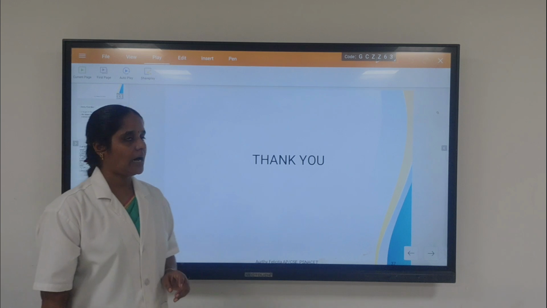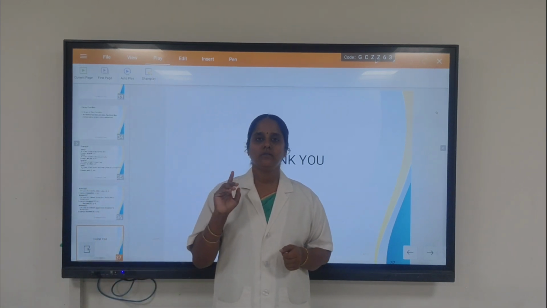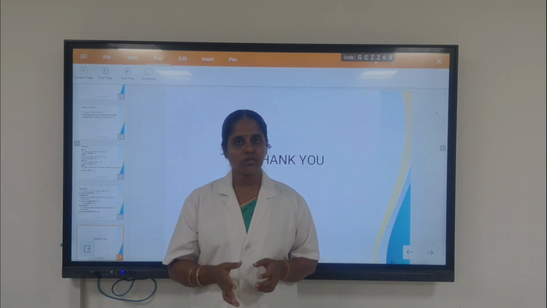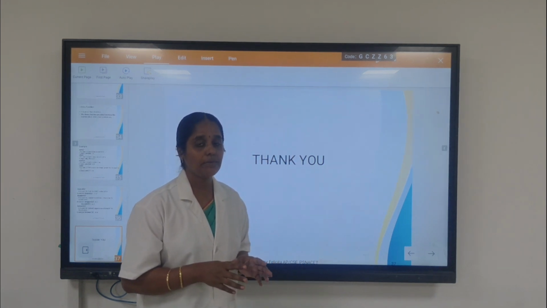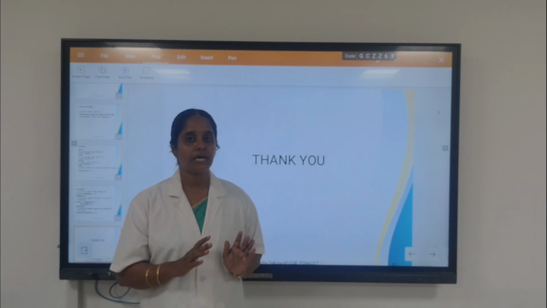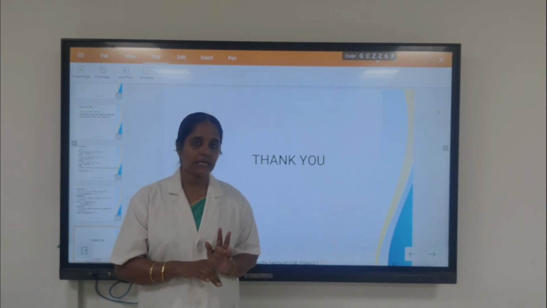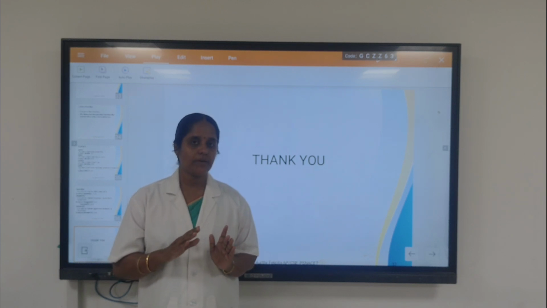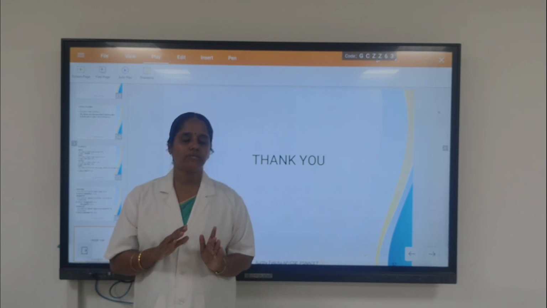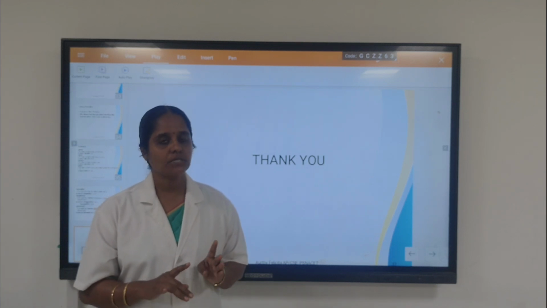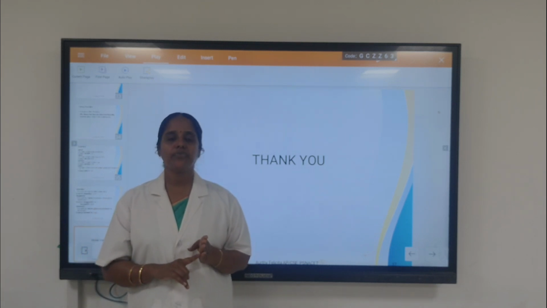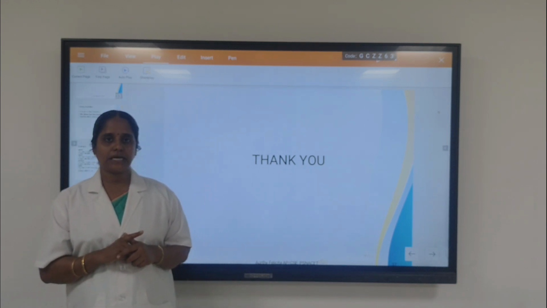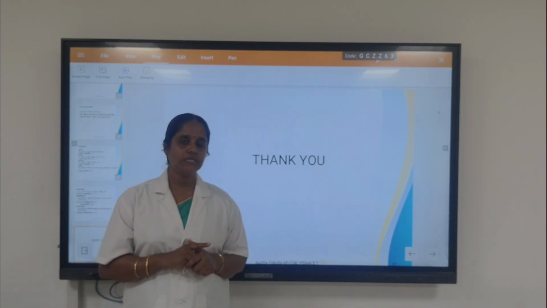So far we have seen the library function and the user defined function. When we go for the user defined function, what are the basic elements in the function? That is, function call, function declaration and function definition. So what is the syntax for each and every element? And also we have seen about the function prototype, which has 4 different types, right? And also we have seen about the return type, right? Okay, thank you all. We will see in the next